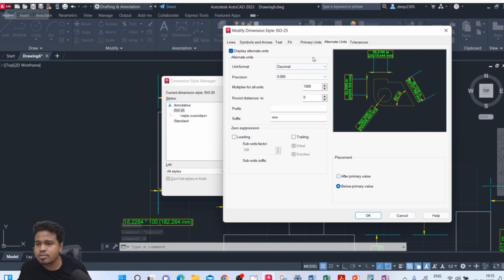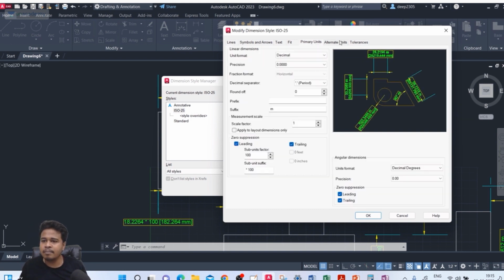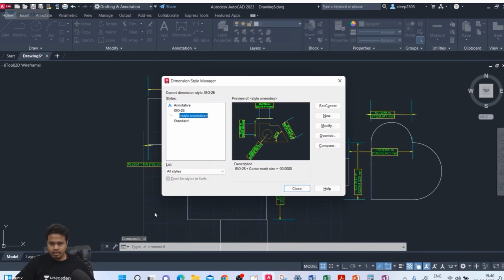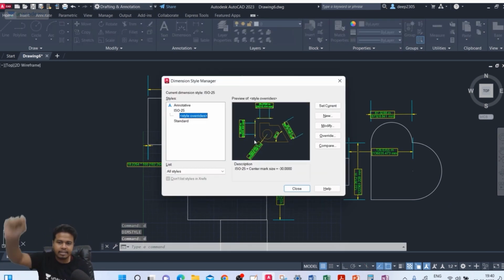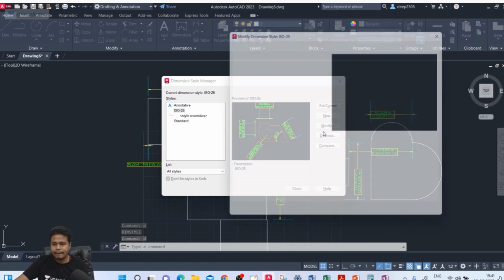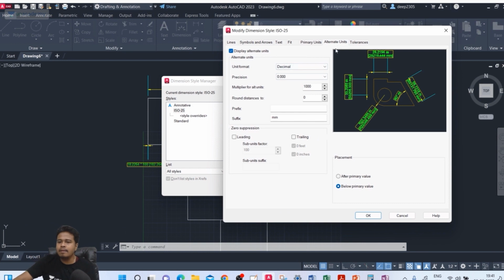So alternate units is done, primary units is also done. Now let's continue our dim style manager, that is D enter, ISO modify. So this is done up to alternate units. Now we have